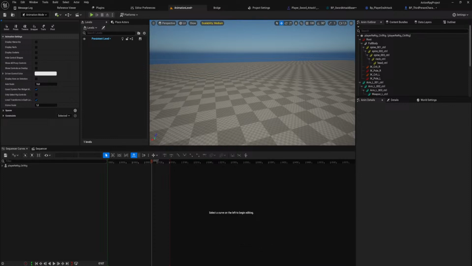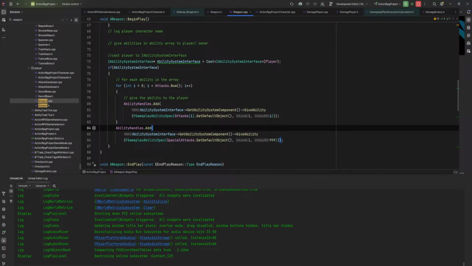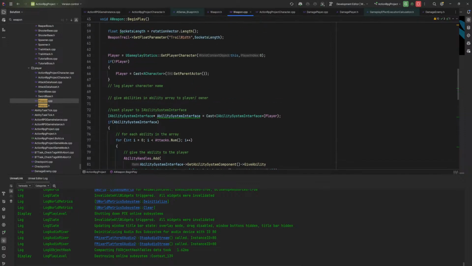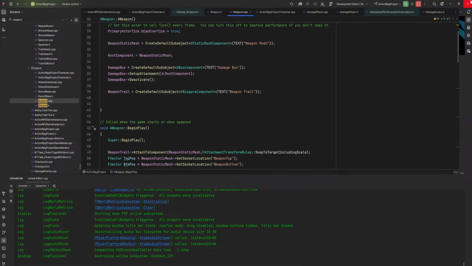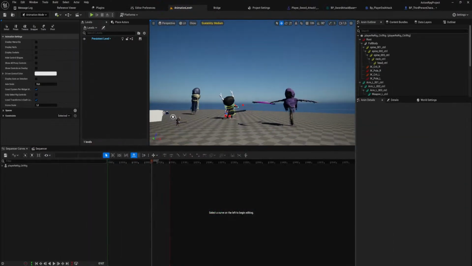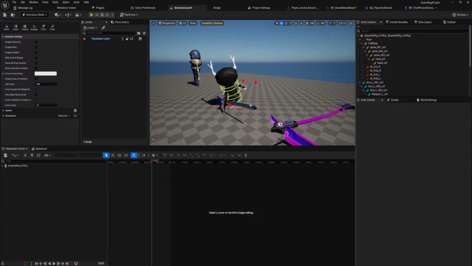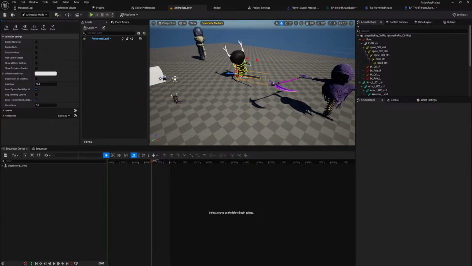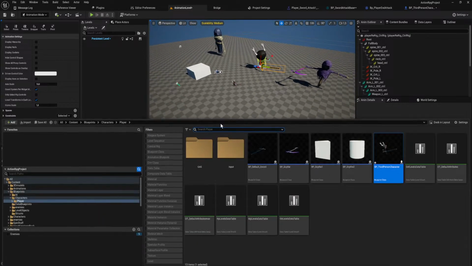I can only imagine that that is because it is... Oh, you know why that is? It's because of this thing. Yeah, maybe I should just make that a static mesh.